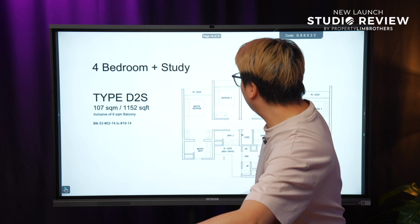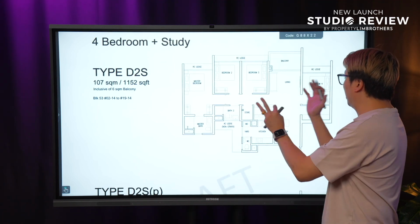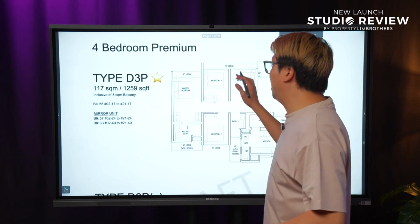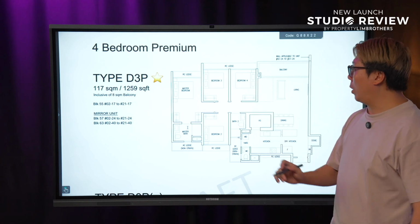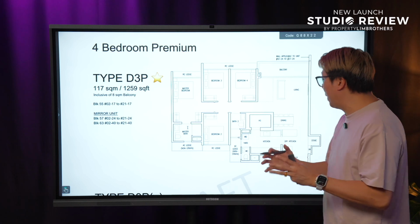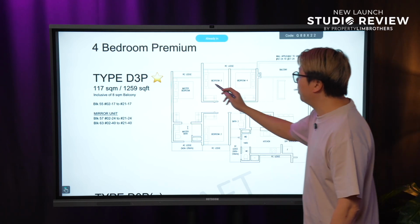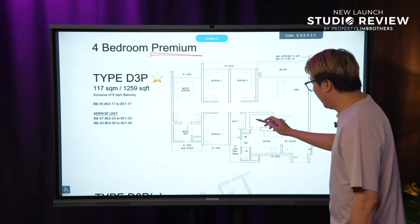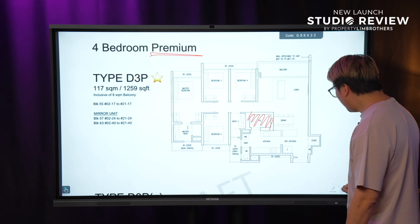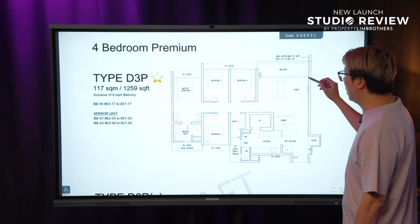Next one that I'm going to share with you about, this is also the 4+ study, similar as well, just that it's on the flip side. So I'm not going to go into details on that. This 4-bedroom premium, well, with a star, refers to the show flat unit. So once you see the word premium, you get a home shelter within the unit. Right, you get a home shelter within the unit, you get a dry kitchen, wet kitchen,